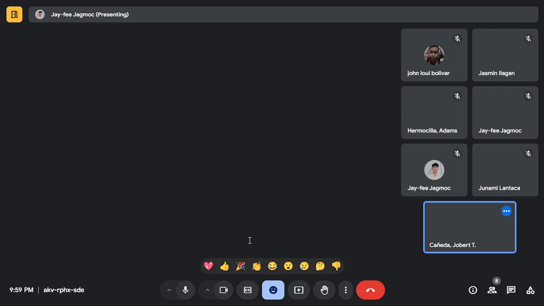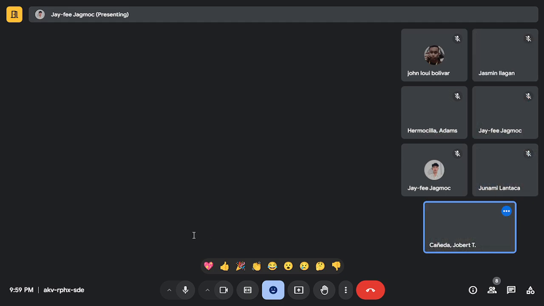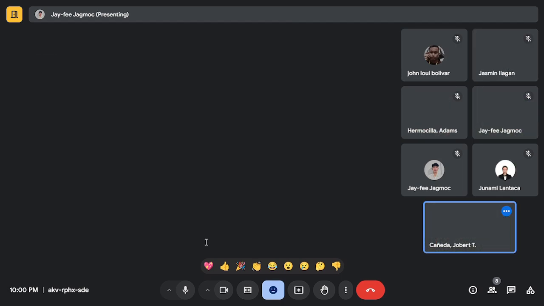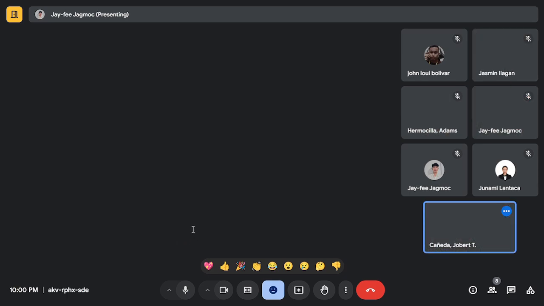For the test execution steps, the first step is navigate to the settings page. For the second step is input valid data into the respective fields. Third, click the settings button to submit changes. Fourth step is revisit settings page to ensure the updated data is displayed and saved correctly.